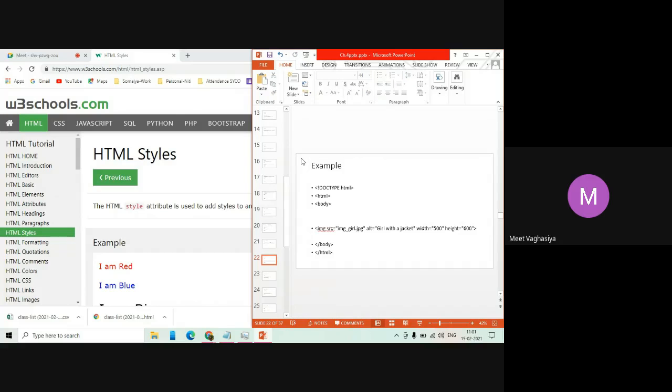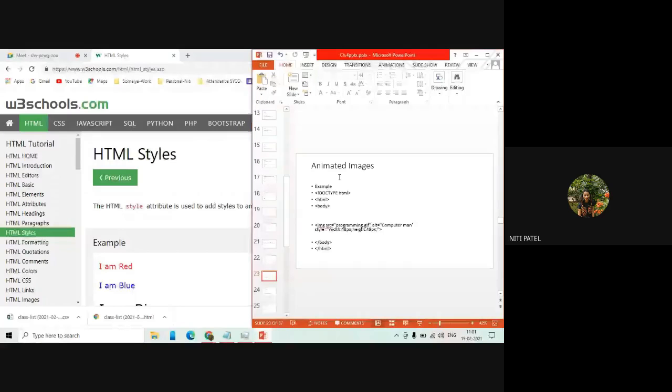We have already executed this part of the code earlier. Then we have also seen the animated images. So it is not necessary that we can have only an image on the website. If we have any animations, those animations can also be displayed in the form of an image on your web page. Okay. So we just have to replace the proper source with the animated extension. If you want to add an alternative, what will that alternative do? Again, if that animated image is not getting displayed properly, the text will get displayed.